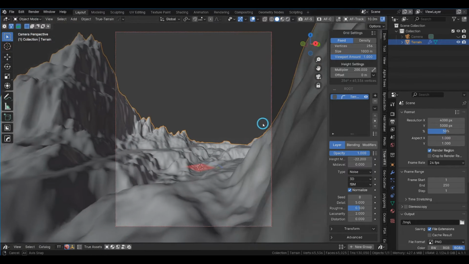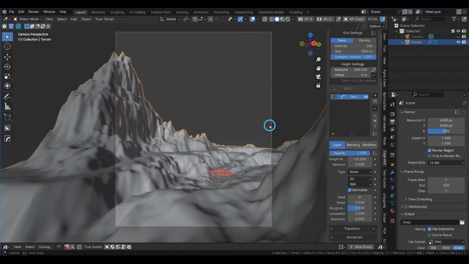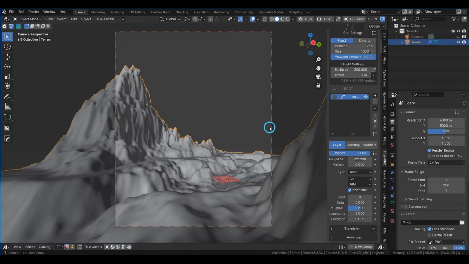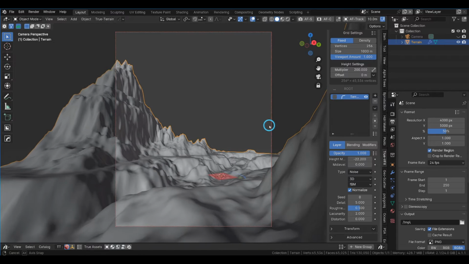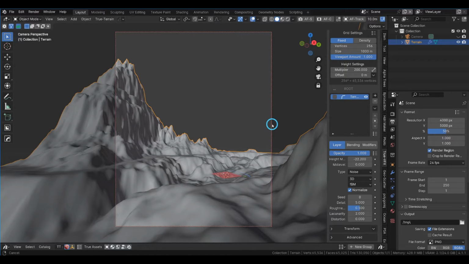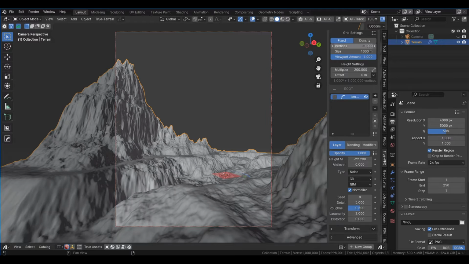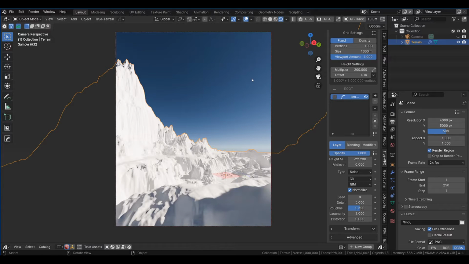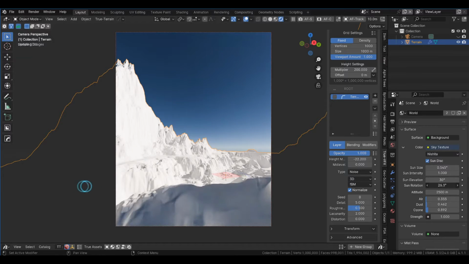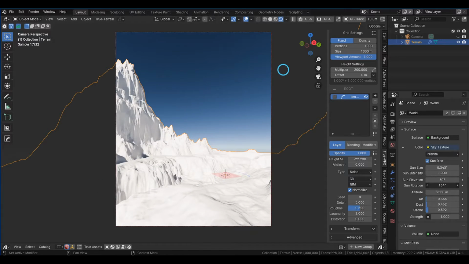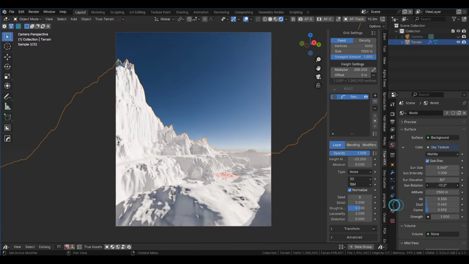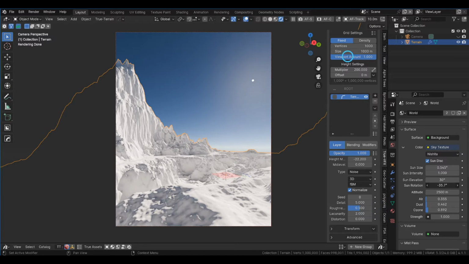So let's find a nice way for the perspective here. Something like that. Looks okay, and increase the vertices to 1000. If that slows down your PC, you can bring the viewpoint amount down, but it looks fine. And very importantly, let's find a nice light setup, because the best texture in the world doesn't matter if nobody